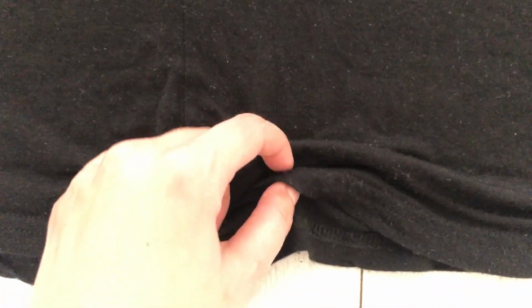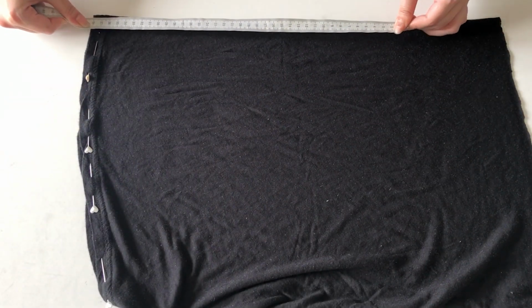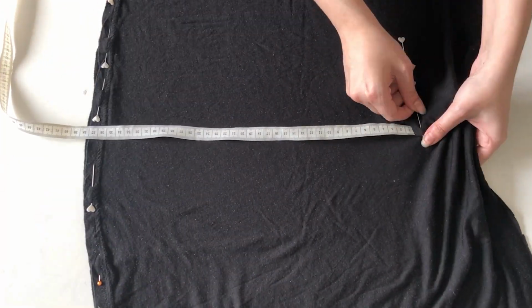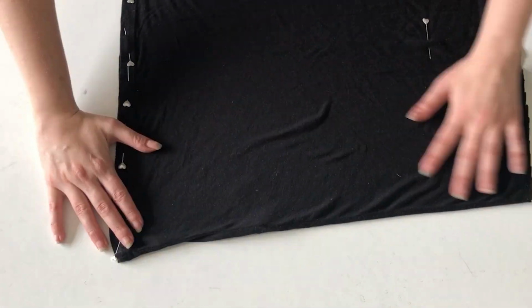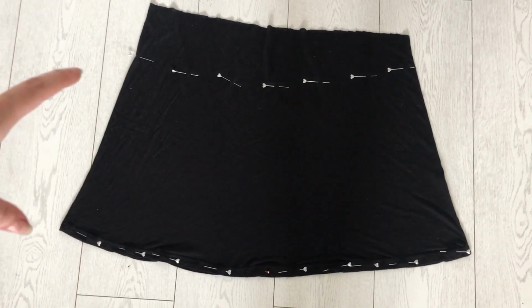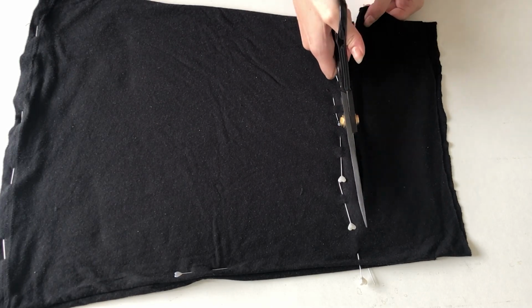This is the cut-off part of the old maxi dress that I had. And as you can see, the fabric is very thin and see-through, so I thought it would be perfect for the skort, except the waist circumference wasn't the correct size, but I figured out a way to do it. So I pinned the hem so it wouldn't move, and here I'm measuring 38 centimeters from the bottom. I cut off the excess fabric